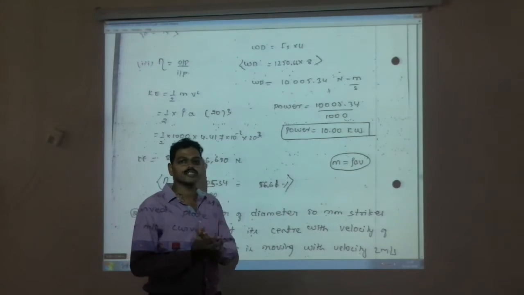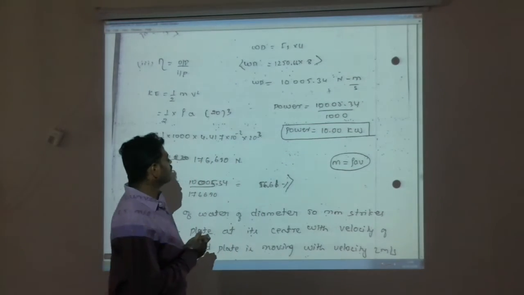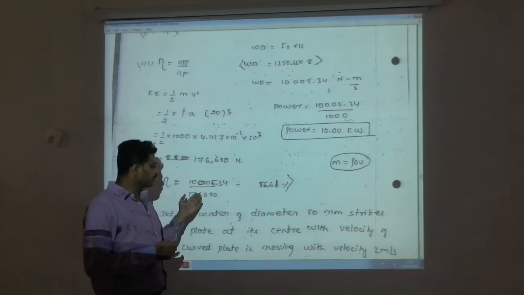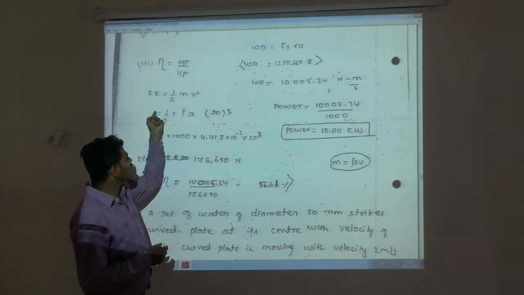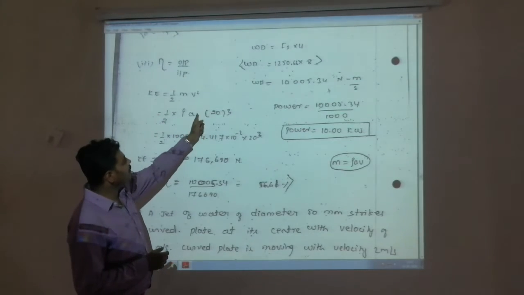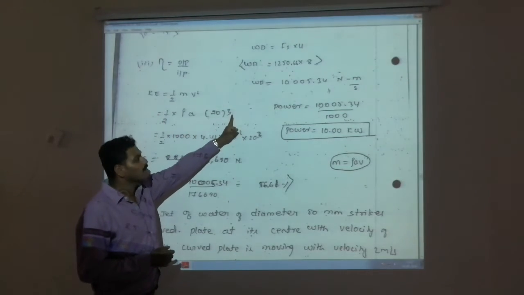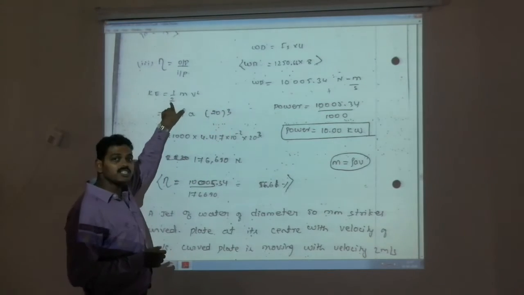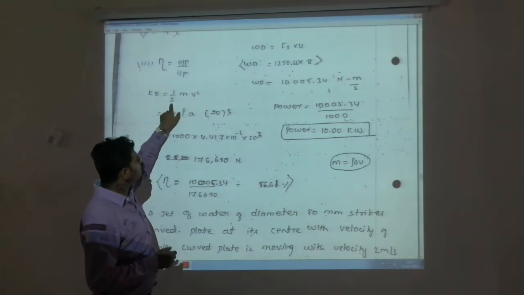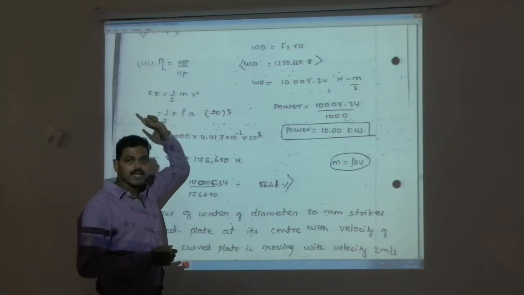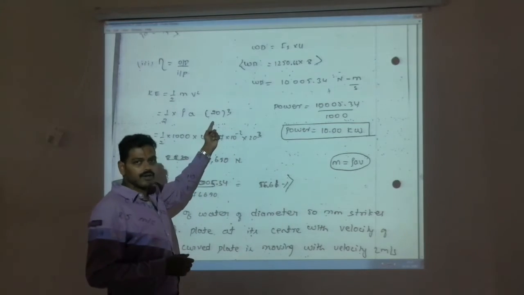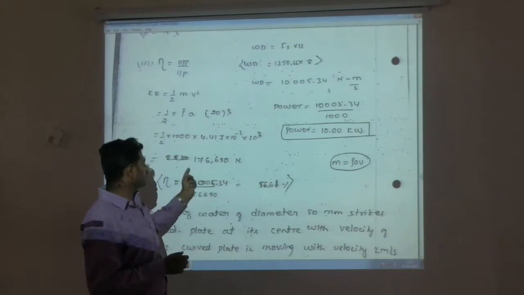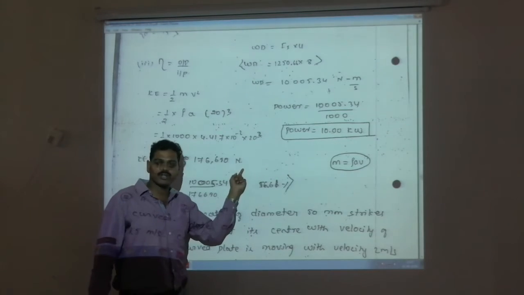The last one, the fourth question, is we have to find out the efficiency. Efficiency is output by input. Output ಅಂದ್ರೆ ಏನು? We have to substitute the work done. Input is kinetic energy. So how can we find out the kinetic energy? Half m v square, that is 1/2 rho a v minus u into v minus u whole square. But instead of that, now it is for initial kinetic energy. So you can't substitute v minus u, directly you can take 1/2 rho a v cube, or rho a v into v square. So v is given as 20. So 20 cube, you will get kinetic energy as 176,680 Newton.